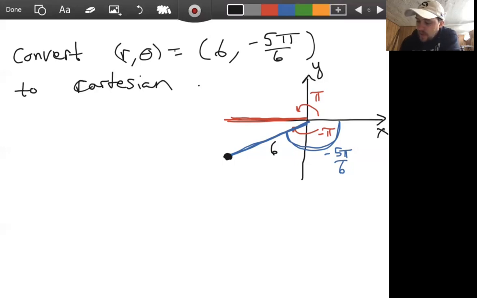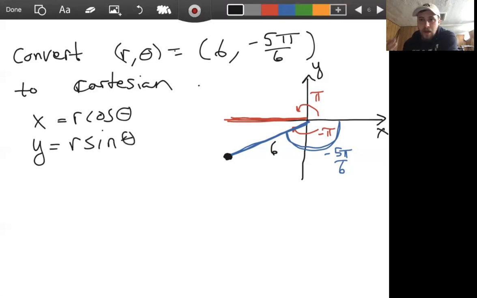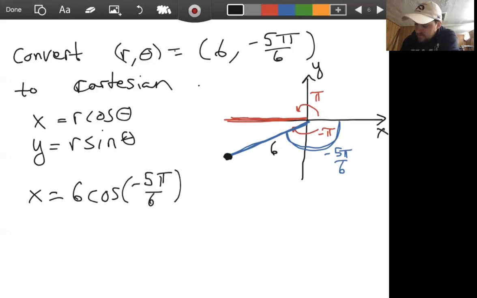So let's remind ourselves of the conversions here. To convert from polar to Cartesian, we have x equals r cosine theta and y equals r sine theta. Okay, and now we just need to plug these in. So x equals 6, because r is 6, times cosine of negative 5 pi over 6, which, again,